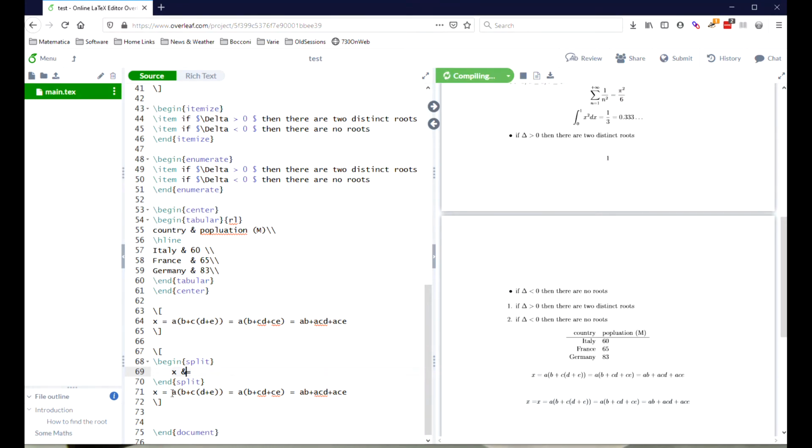And you notice that in the table up above, the ampersand sign was the sign that said this is the position. On the left you have the first column, on the right you have the second column, and it's kind of a tab position. So we want all the equal signs to be aligned. So let's say x equals